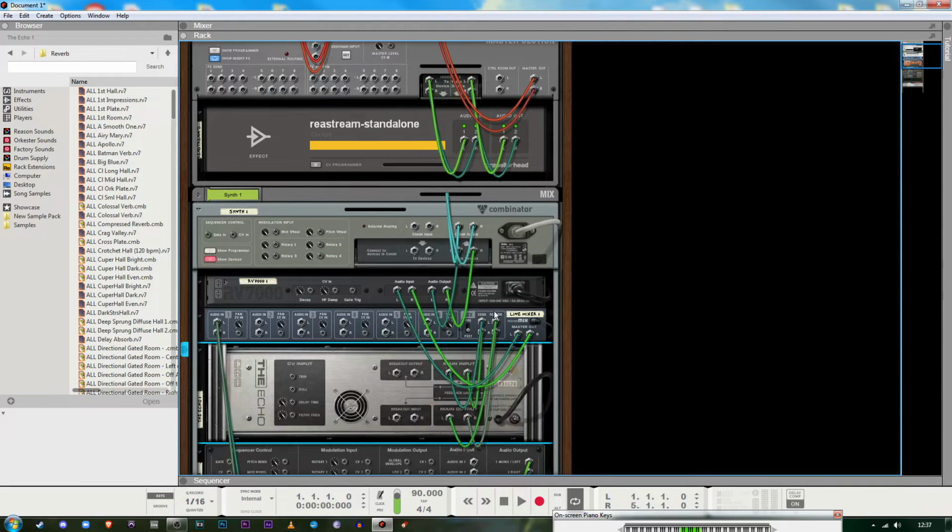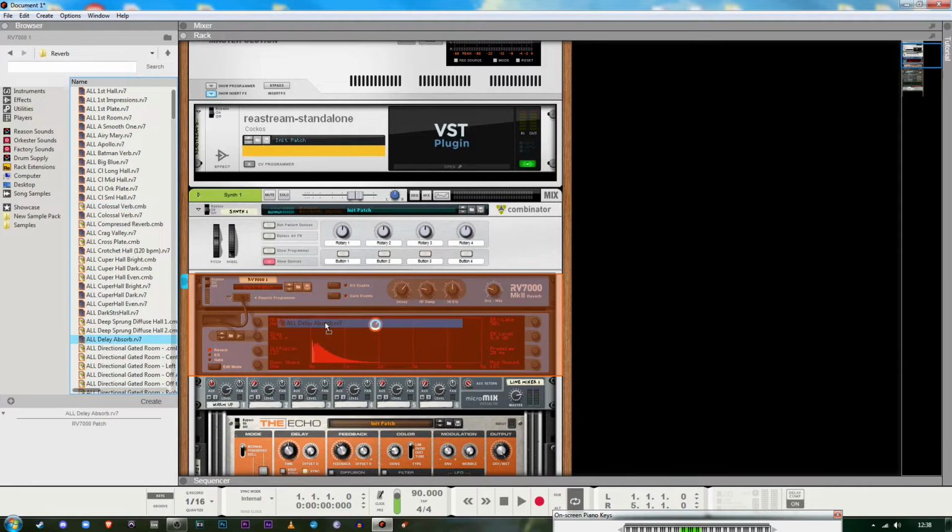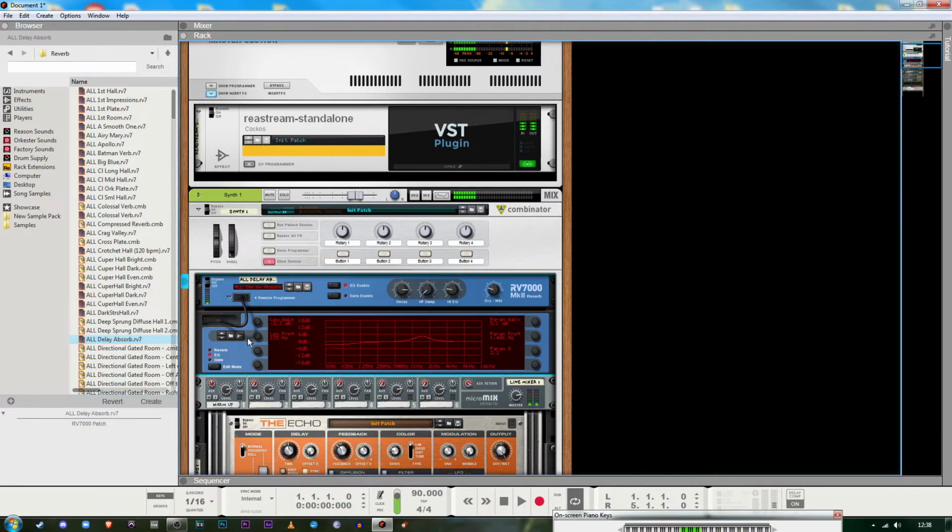You can hear that, and I don't know, it just sounds cool. And I really like to use the delay absorb patch. Obviously with the low end